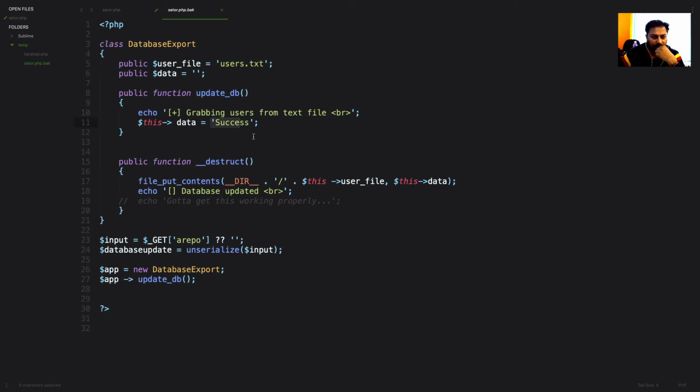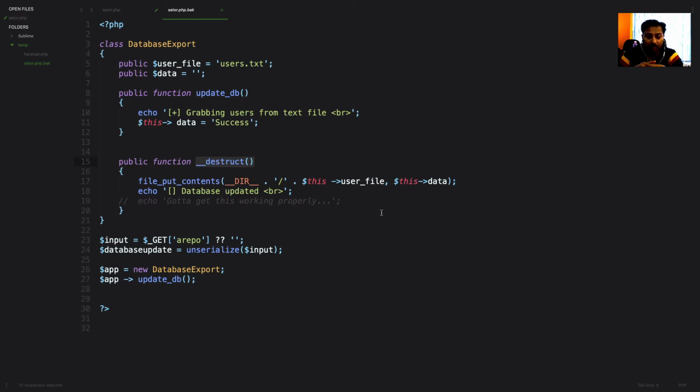Okay, so I'm just checking what exactly is going on. And if you see this function, destruct, this function is vulnerable. If you know a little bit about PHP serialization and deserialization, this one is destruct, the second one is backup, and all these functions are vulnerable.